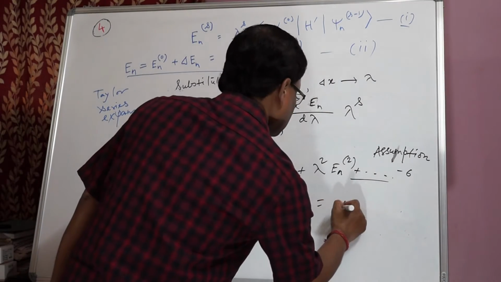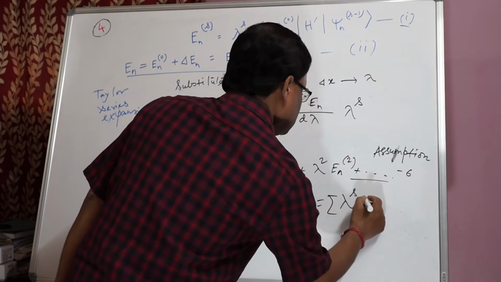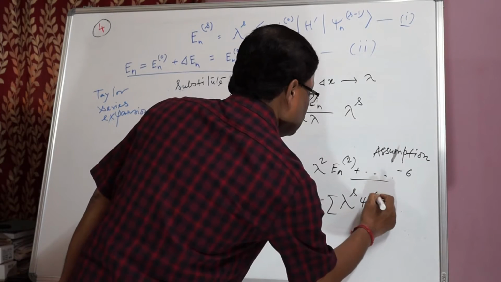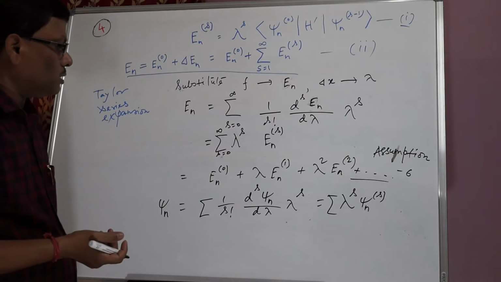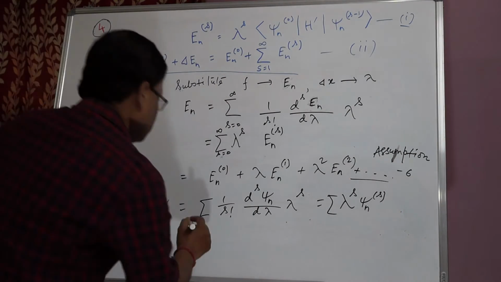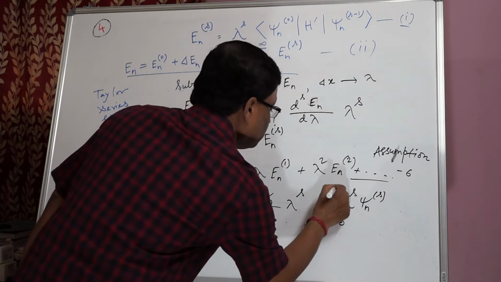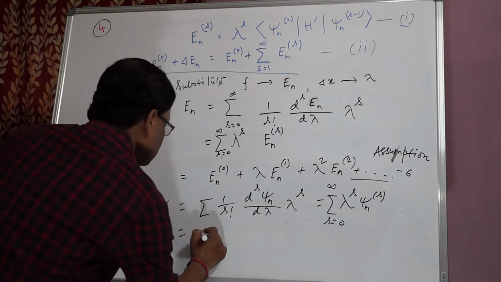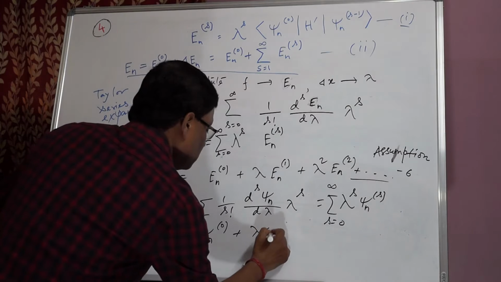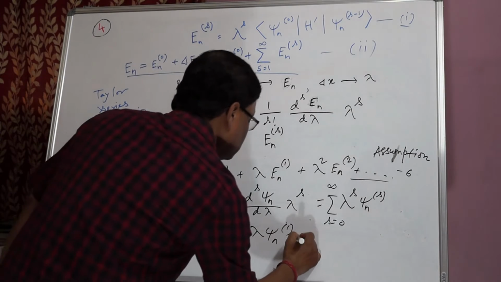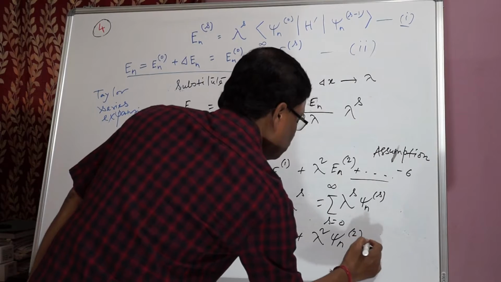So similarly I can write lambda to the power s psi n s, where psi n s gives the s order correction to psi n. So I can expand s equal to 0 to infinity: psi n0 plus lambda psi n1 plus lambda squared psi n2